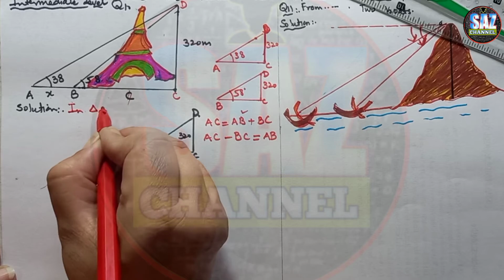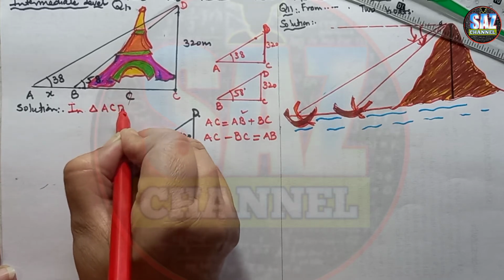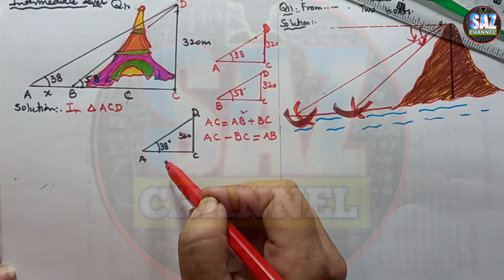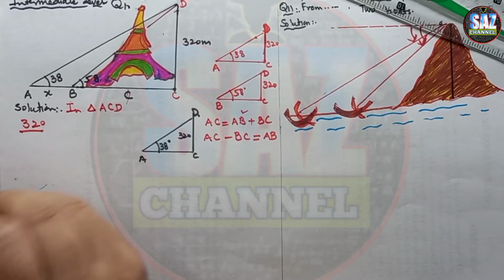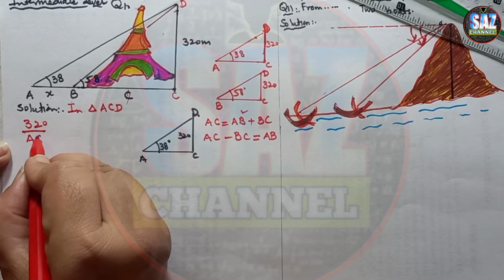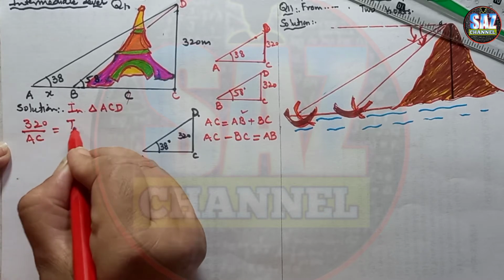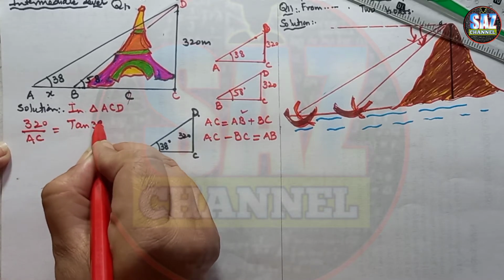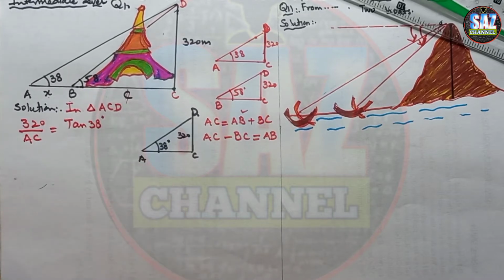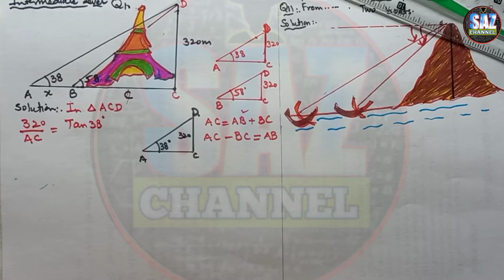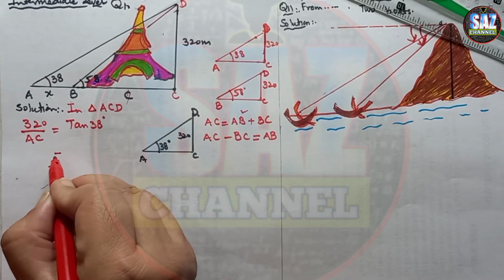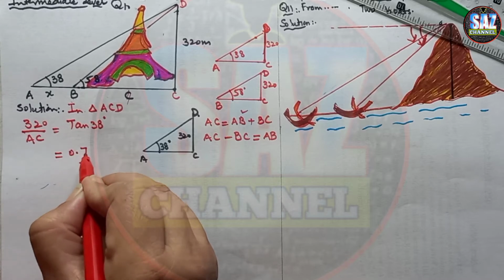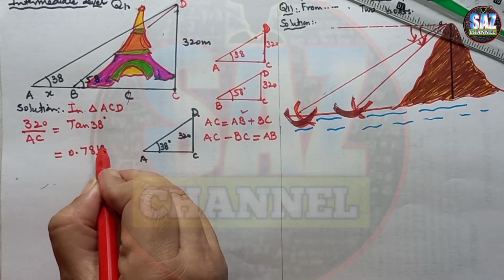In triangle ACD, opposite upon adjacent, 320 upon AC equals tangent 38 degrees. And now I have to check the value of tangent 38. Quickly, tangent 38 degrees is 0.78128. 0.78128 can be taken as